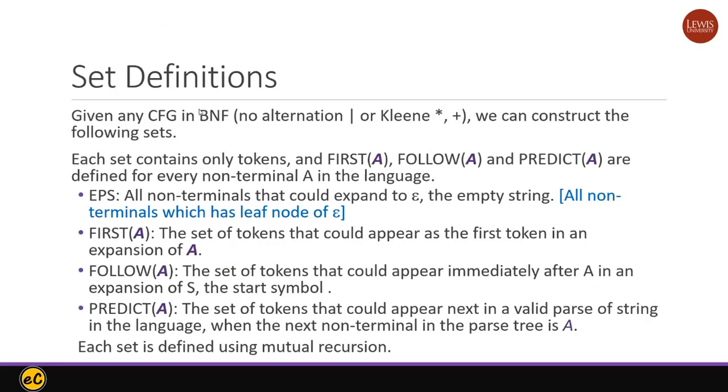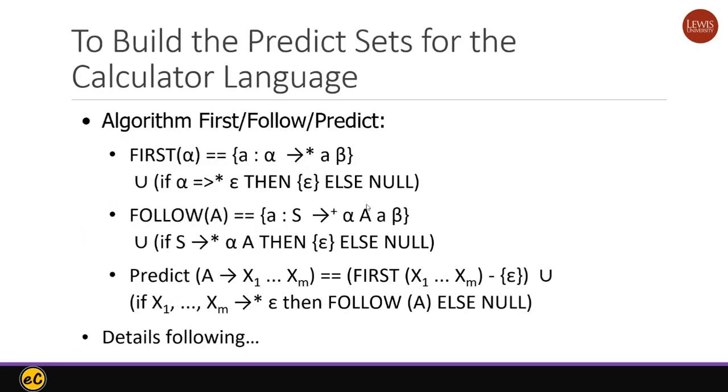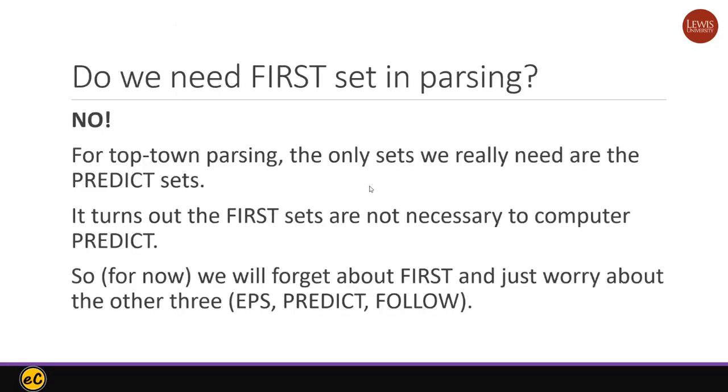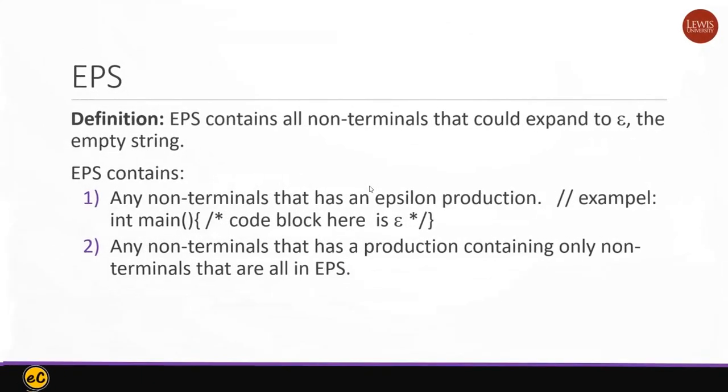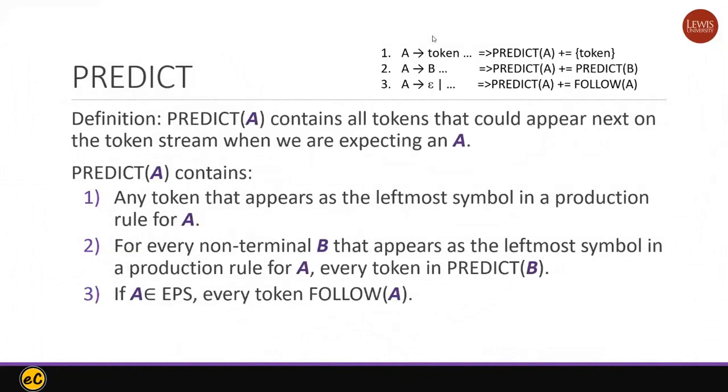So let's see. The first set, follow set, and predict set. So what does this mean? Let's look at the predict set. The predict set is that you see the grammar with A followed by a token. So if we see A and it's starting with a token,